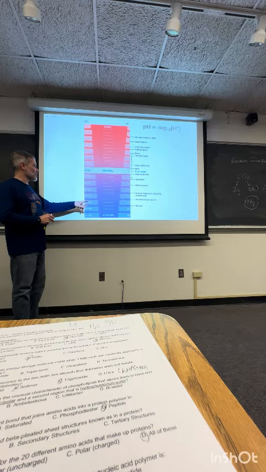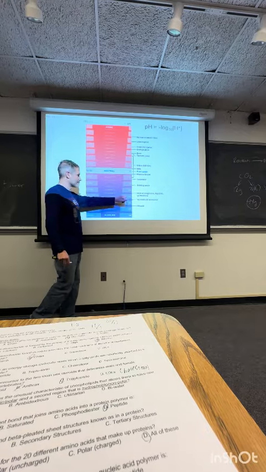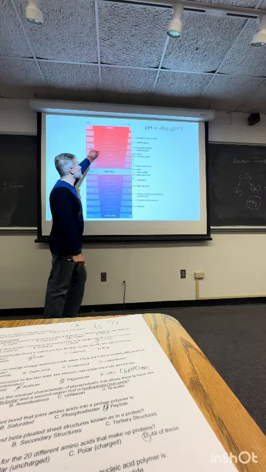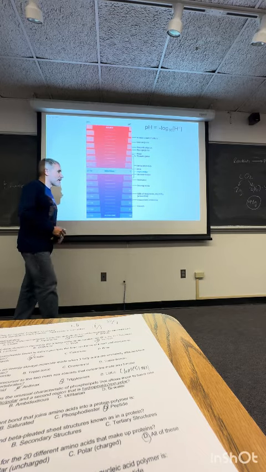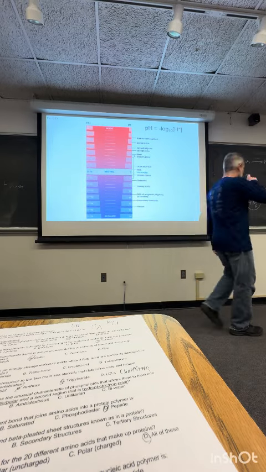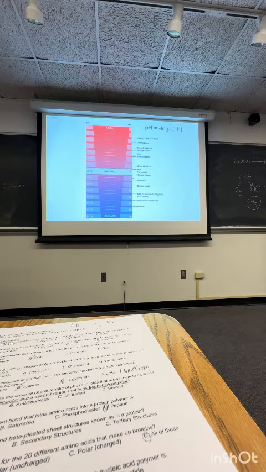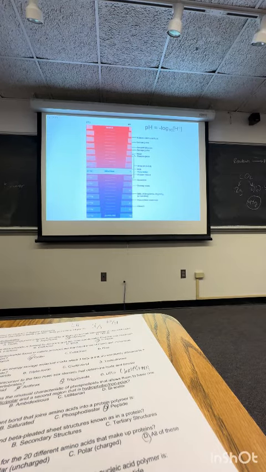So the pH of something that's 10 to the minus 11 is 11, 10 to the minus 3 is 3, 10 to the minus 1 is 1. And remember what that means too. So don't just say, well, I can see the number there. Remember what it means. So 10 to the minus 5